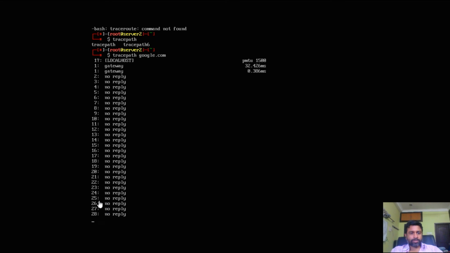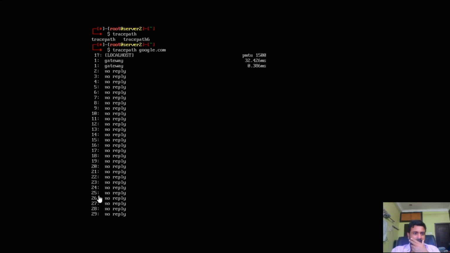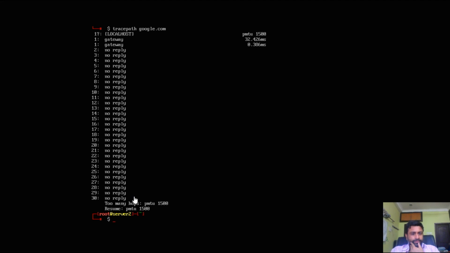A total of approximately 30 hops will be there. Let us see how many hops it will be. See, approximately 30 hops. Within this 30 hops, sometimes it can be 64 hops. It just depends upon the route taken by the data packet.